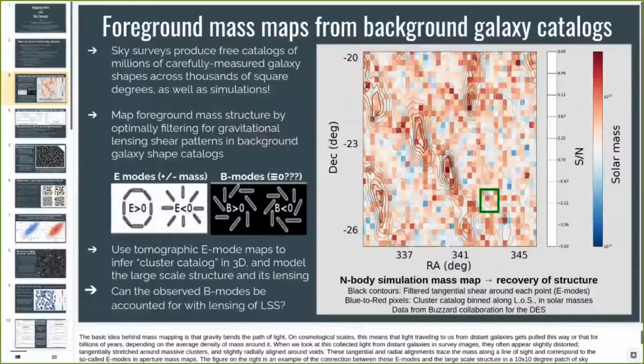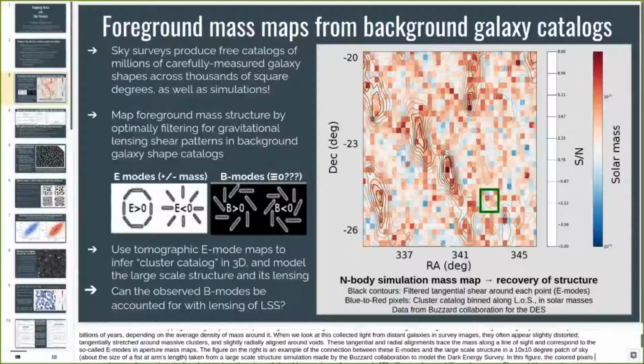The basic idea behind mass mapping is that gravity bends the path of light. On cosmological scales, this means that light traveling to us from distant galaxies gets pulled this way or that for billions of years, depending on the average density of mass around it. When we look at this collected light from distant galaxies in survey images, they often appear slightly distorted, tangentially stretched around massive clusters, and slightly radially aligned around voids. These tangential and radial alignments trace the mass along a line of sight and correspond to the so-called E modes